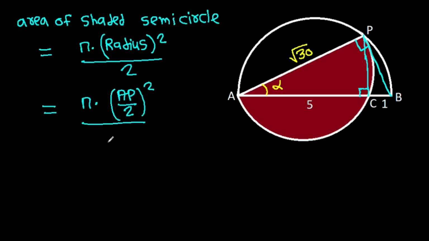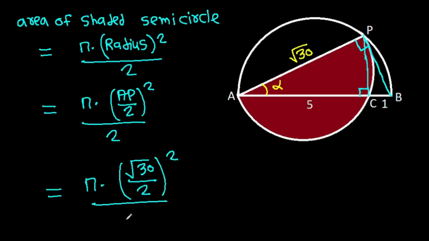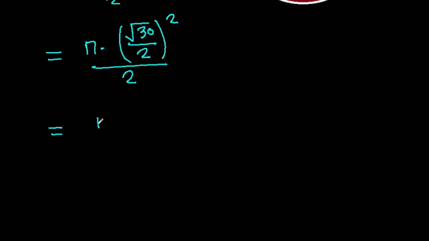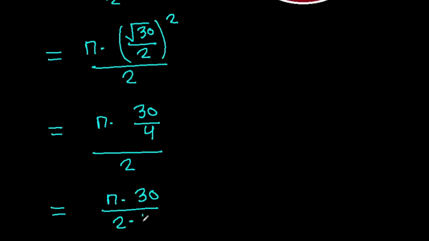So it is pi times AP over 2 squared over 2, and AP is root 30, so pi times 30 over 4 over 2, which is pi times 30 over 2 times 4, and 2 times 15 is 30,